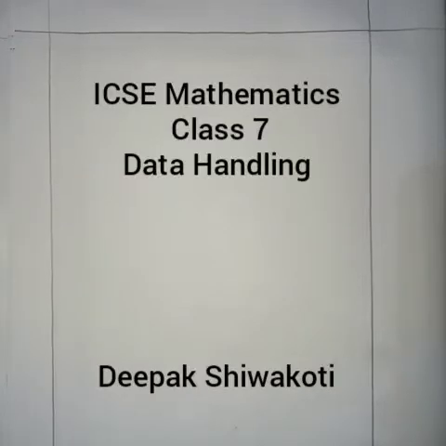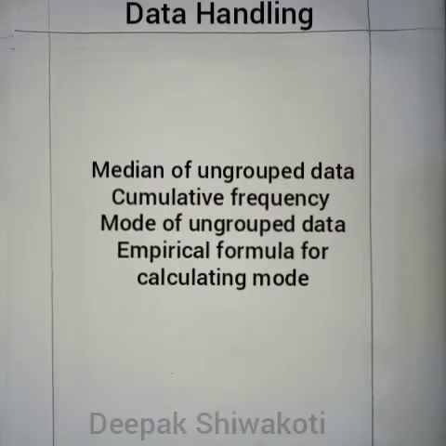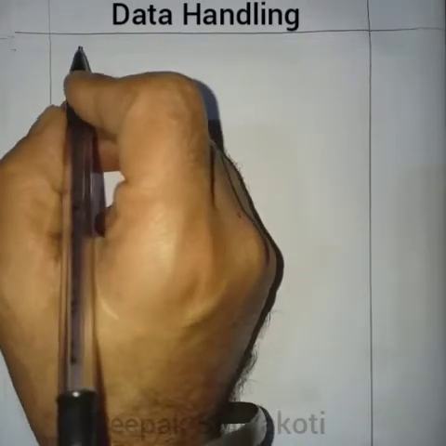Welcome to class 7 mathematics classes. We are in chapter data handling, and today we will understand the median of ungrouped data, cumulative frequency, mode of ungrouped data, and the empirical formula for calculating mode. So first is the median